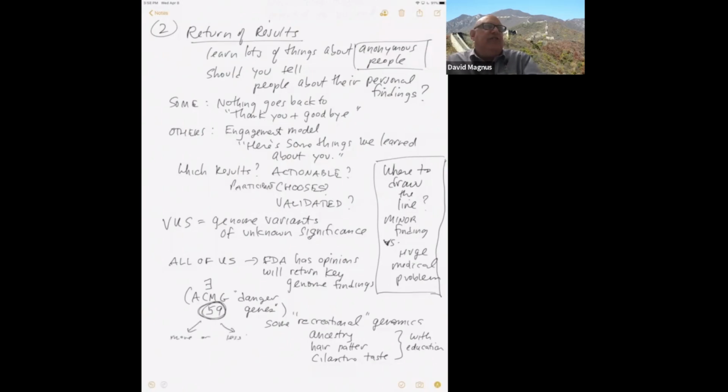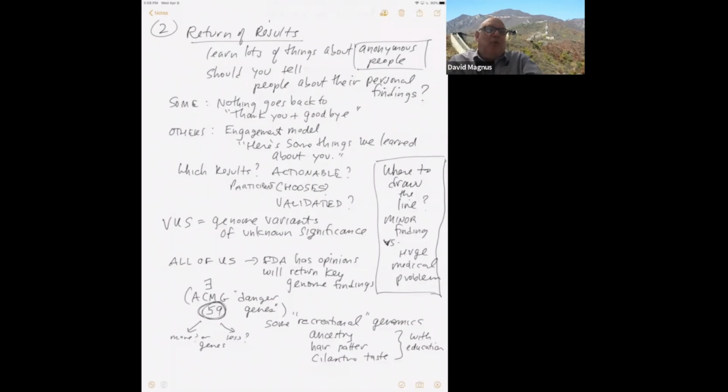And even though there's those American College of Medical Genetics guidelines, if you actually look at clinical genetic testing around the country, very few places that actually offer clinical genetic testing restrict themselves to those 59, and they vary in terms of what they return. Some places return 70, some 80, some 100. There's variation in terms of where they draw the line about what should be returned and which shouldn't.